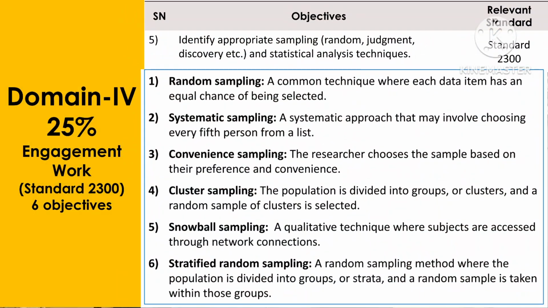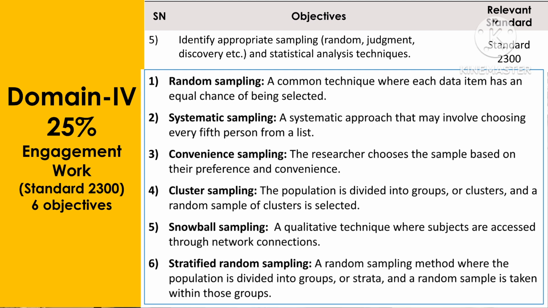The fifth objective is to identify appropriate sampling techniques, for example, random sampling, discovery sampling, statistical sampling, and the statistical analysis techniques. Random sampling is a common technique where each data item has an equal chance of being selected. Systematic sampling is an approach that may involve choosing every fifth person from a list, for example,